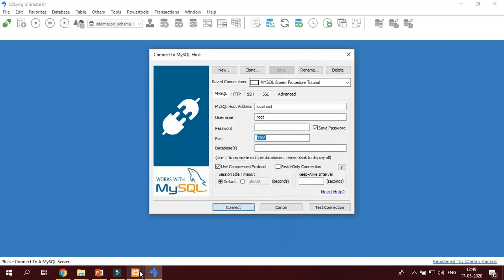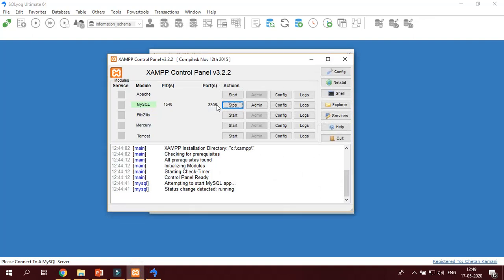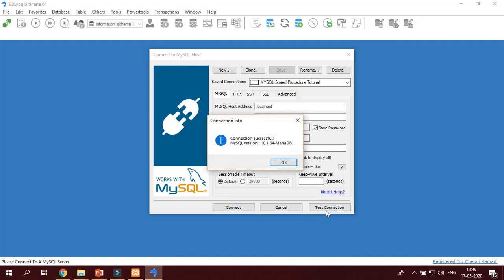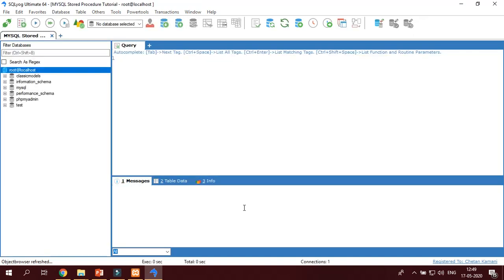If you change the port here, then you must change it over there too, because if it does not match, your connection will be unsuccessful. Now username root, password blank, port 3306. Then click on Test Connection. Our connection is successful, and connect.